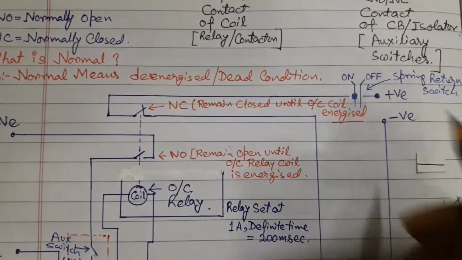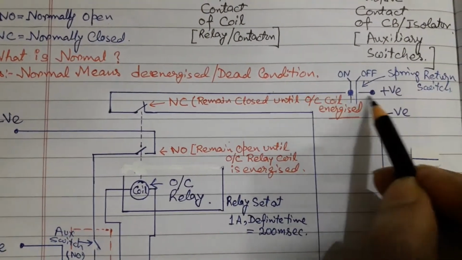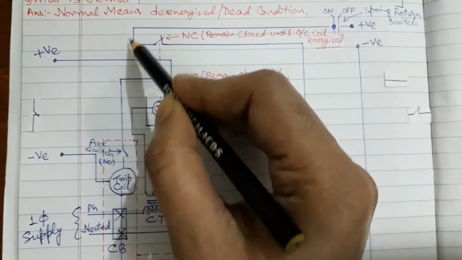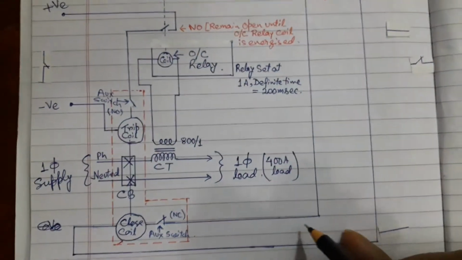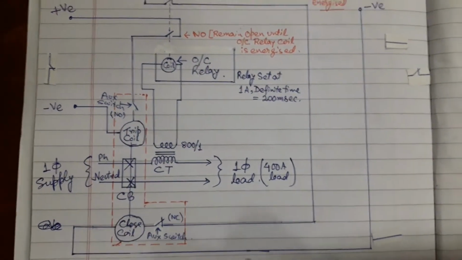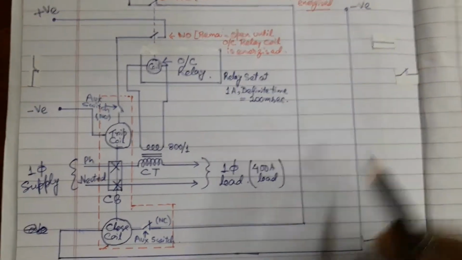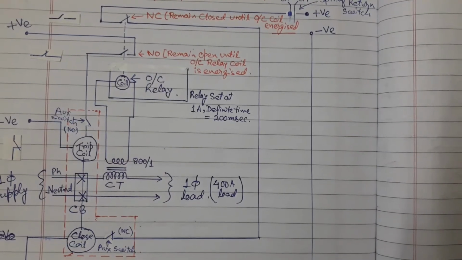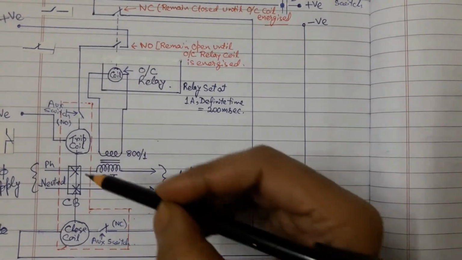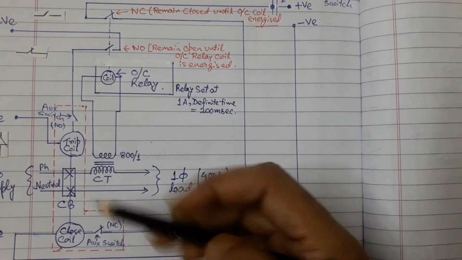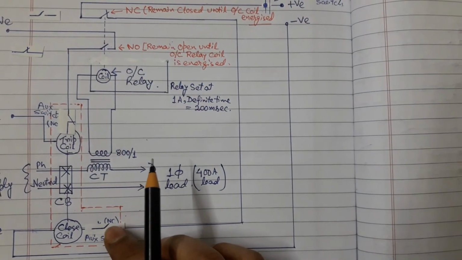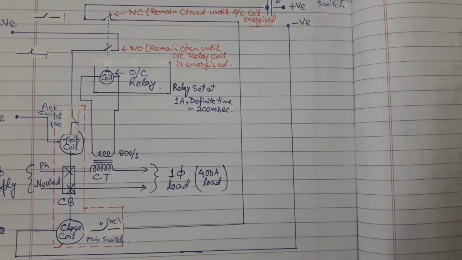Now when we give a pulse from here, this positive will extend to here and this is the normal condition. So current or voltage will flow in this way and this close coil will be energized because negative is firmly connected with this coil. Then this breaker will close. After closing of this circuit breaker, the status of these two contacts will change because they are dependent on circuit breaker condition, which is no longer in normal or de-energized condition.